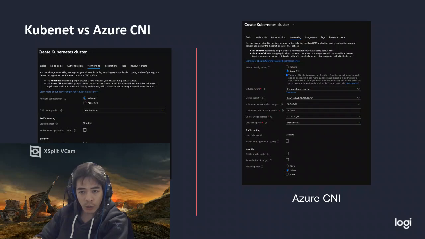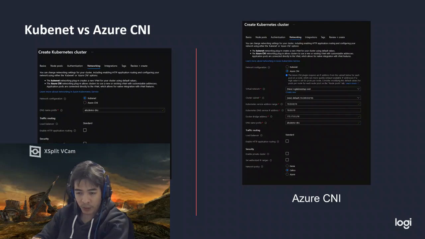On the other hand, when we use Azure CNI, it used to be called Advanced Network Configuration, and as the name could imply, it allows us to have more configuration. First, we can choose the virtual network. We don't necessarily have to create a new virtual network.